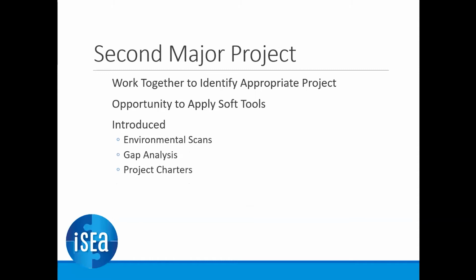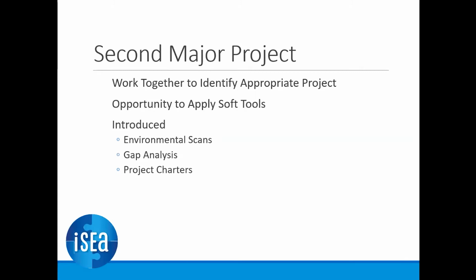So we went through that, and then once they came up with what they considered the parameters for the project, the second major project was to identify an appropriate project. You know, here it is, you've defined parameters. Now go out and find something you want to do that we have some chance for meaningful success by the end of the term. It was their chance to apply within their own group the soft tools that I had taught them in the first major project. It also introduced notions like environmental scans, gap analysis, and project charters, which was the real objective of the second major project. Ultimately, identify a project and come up with a project charter to guide your strategy, and that then would guide your tactics